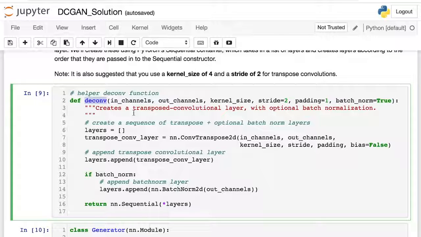The first step I took in defining a complete generator was to complete this dconv function. So here's my complete function, and I'm approaching this in the same way that I did the conv helper function. Basically creating a short list of layers using PyTorch's sequential wrapper to return these as a complete module. Okay, so I start with an empty list of layers, and then I'm defining a transpose convolutional layer using the